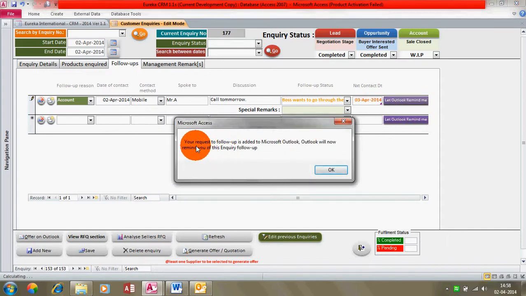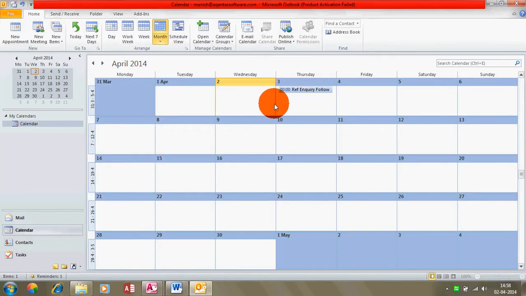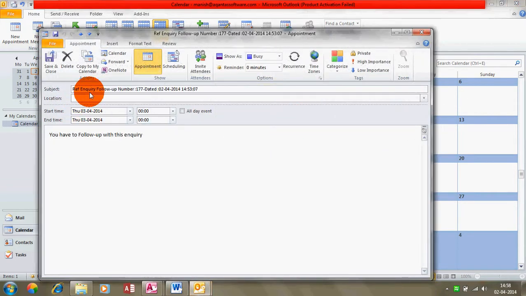You get a message saying your request to follow up is added to Microsoft Outlook. Outlook will now remind you of this inquiry follow-up. If you go to Outlook and the calendar, you'll see a small reminder has come on your calendar. If you double click, it will tell you reference inquiry follow-up number 177 dated so and so.